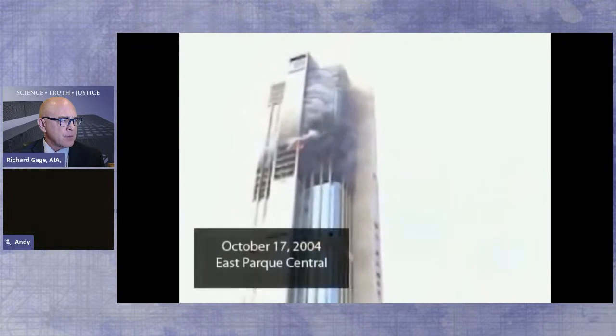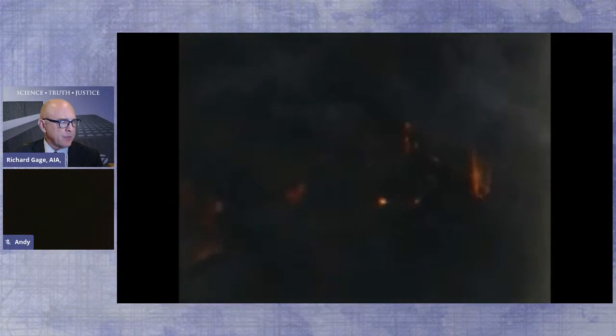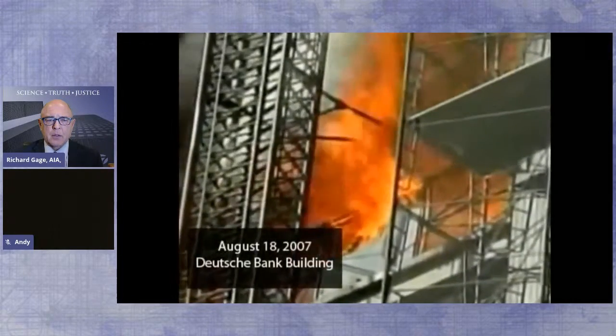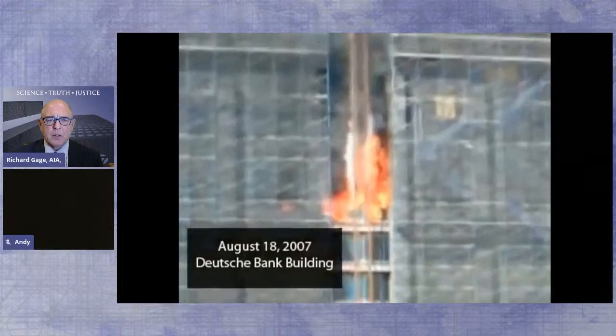October 17, 2004, the East Tower of the Park Central complex in Caracas, Venezuela, suffered a 17-hour fire which spread across 26 of its 56 floors. It did not collapse. August 18, 2007, a fire broke out on the 17th floor of the Deutsche Bank building